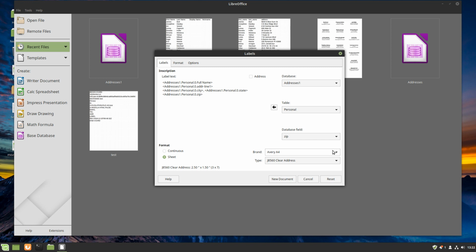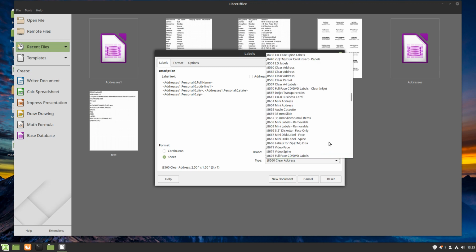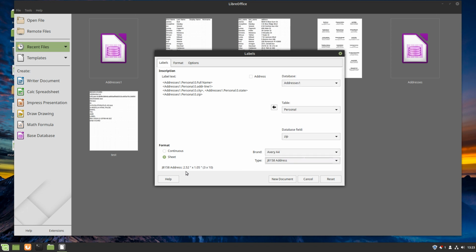Now the next thing you need to do is determine what labels you're using. So here is a series of different labels. Not every label is listed by the exact number. There's a lot of things. You can get generic ones that say, you know, Avery label 6925, whatever. So you just want to flip through here and first look for the label. Because this is a giant international database, you might find that you're using some address label that uses a different number, but as long as your numbers are working right, as long as everything is set up right, this is going to tell you